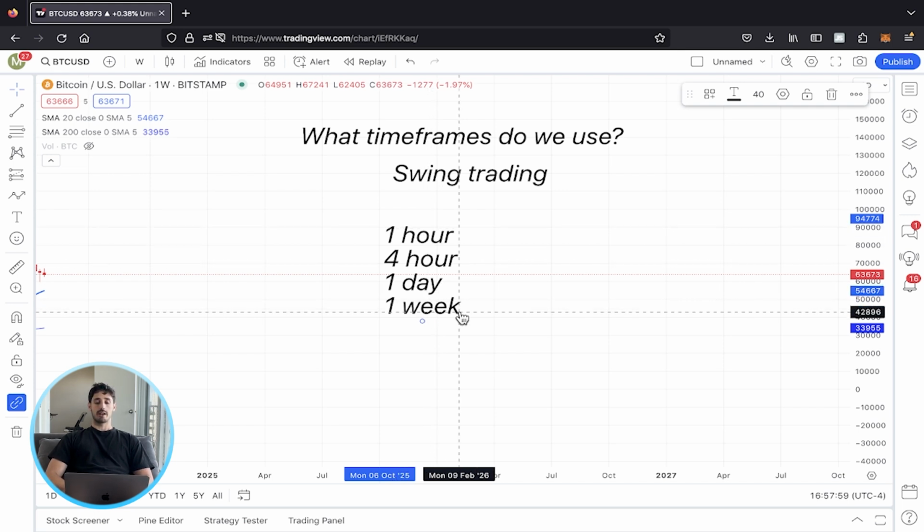If you found a swing trade, let's say on the weekly chart, and you have that weekly bias, then you could look at the 1 day or the 4 hour chart for your entry, okay? Hopefully that makes sense. And make sure you have that alignment across all of these time frames as well. But it's pretty straightforward in terms of what time frames to look at when it comes to day trading or swing trading. Now, these are not the only time frames that exist. If you have specific time frames that you like looking at, I'm not telling you to stop looking at them. Use the time frames that you like to use, but always look for alignment